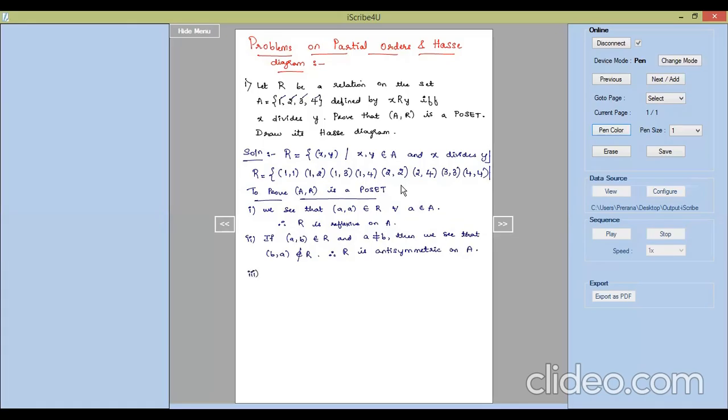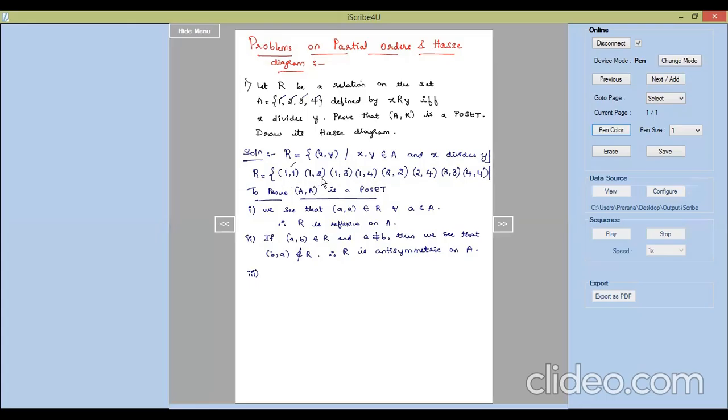Now the third condition is for transitivity. We are all familiar with the transitivity condition already from the previous topic. So we will just see how the transitivity condition works. If A is related to B and B is related to C, then A must be related to C. We'll just observe once again here. 1, 1 and 1, 2 belong to R, so 1, 2 should belong to R. Yes, it is belonging. 1, 1 and 1, 3, so 1, 3. 1, 1 and 1, 4, so 1, 4. With 1, 1, that's all. So I'll just put a tick here for reference.